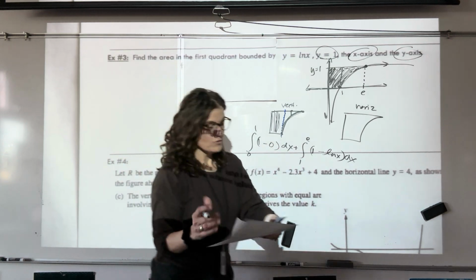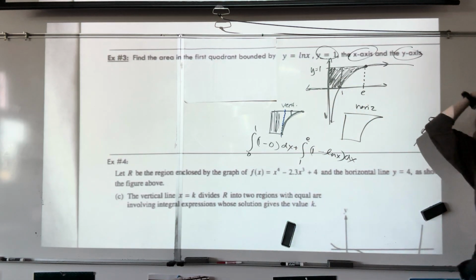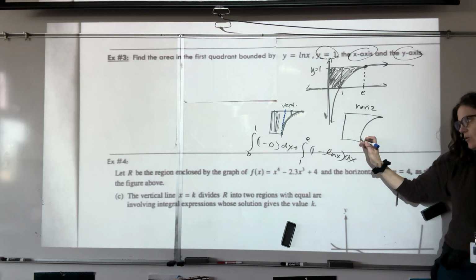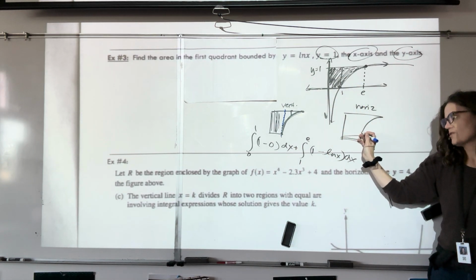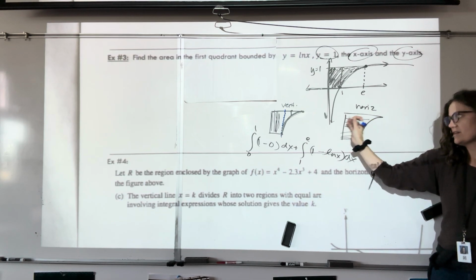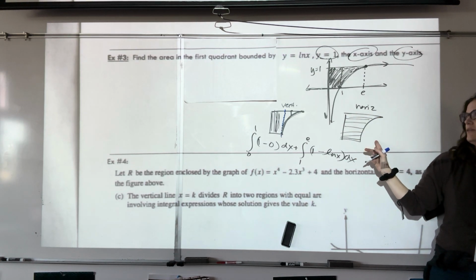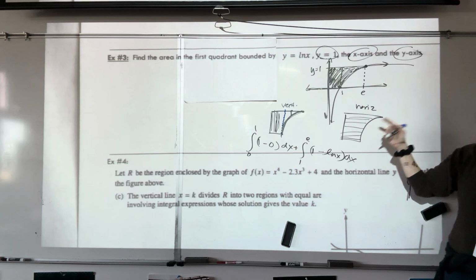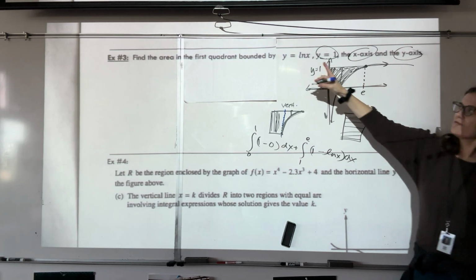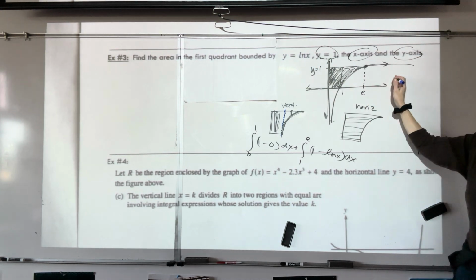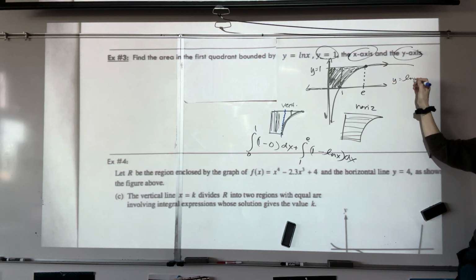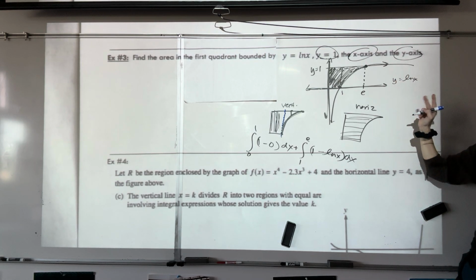The other option though, if you notice for horizontal, this one's consistent the entire time. It's always right minus left, right minus left. We would only need one integral if we do horizontal. So there is something to be said for that. The extra work, if we do horizontal on this, is that we're going to have to solve each of the equations for x. So if y equals natural log of x, which hopefully you can see is the right curve,